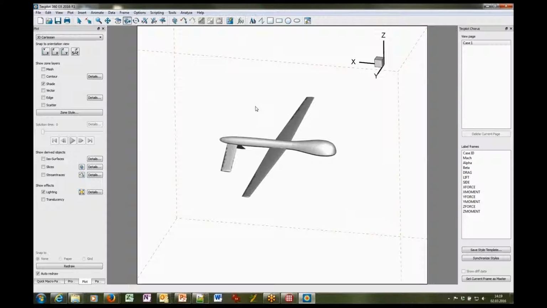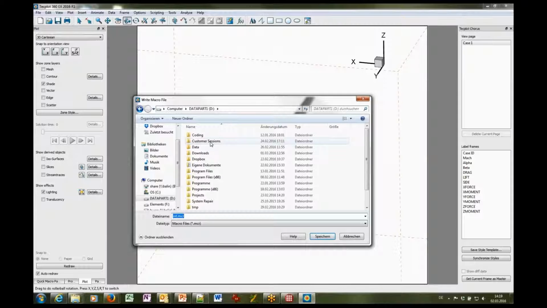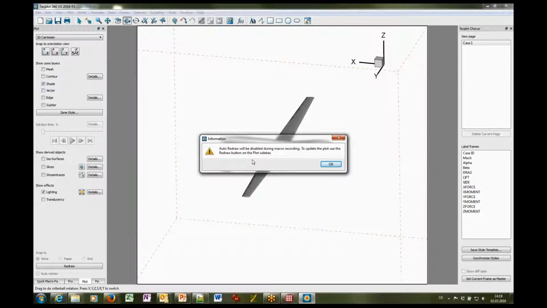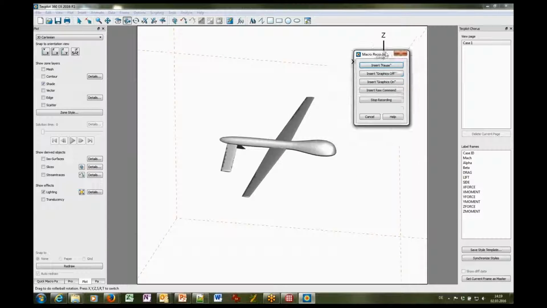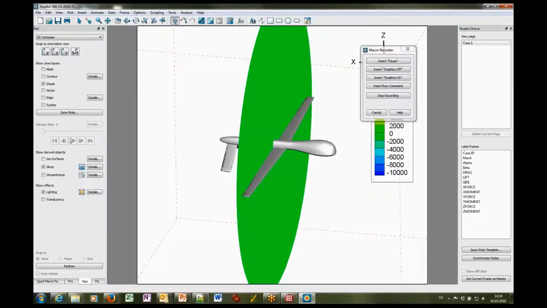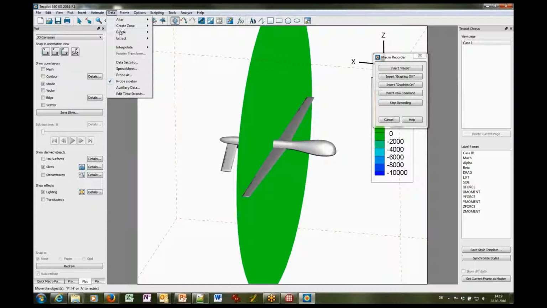So record macro, then I go to the project directory, which is under data, UAV, Chorus derived macro templates. Let's call it int.mcr, for example. Now we place the slice. Let's say that this position is the right one, and we extract now the slice,